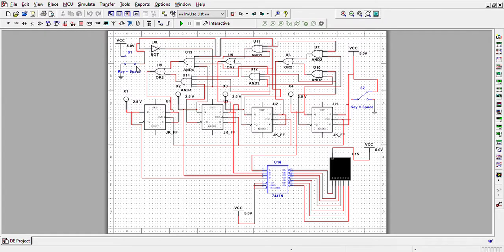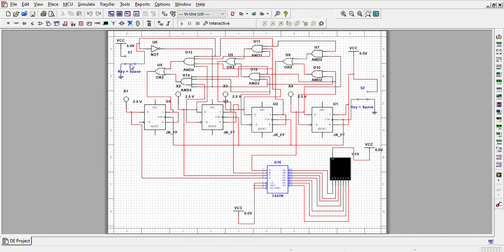Now the switches I used here are switch 1 and switch 2. Switch 1 is used for up and down mode. When I put it to the up position, it will count up, and when I put it to the down position, it will count down. And this switch is for the clock input. By changing its clock input, it will give me each number, the binary BCD converted to the decimal number. Let me show you how it works.